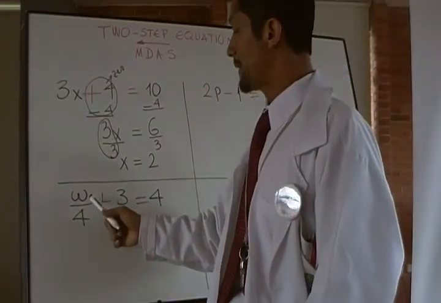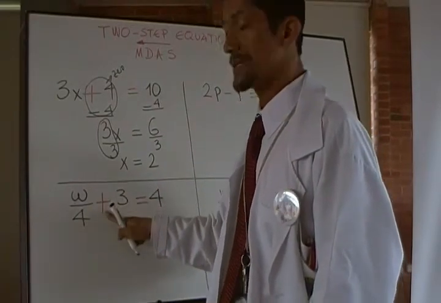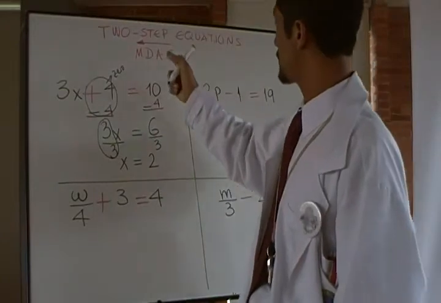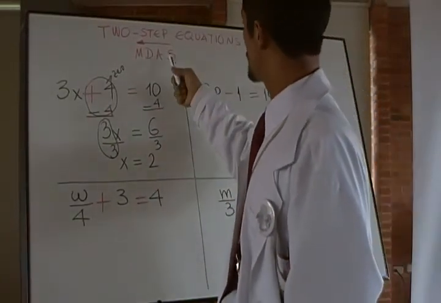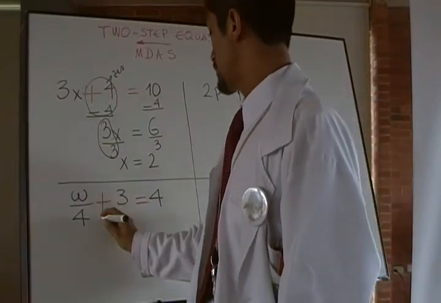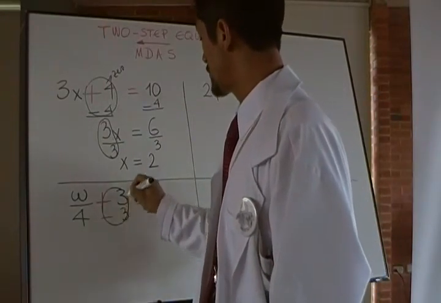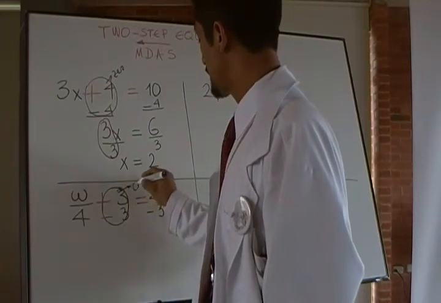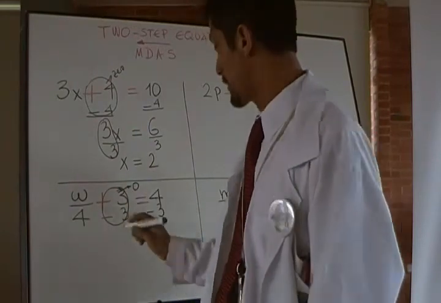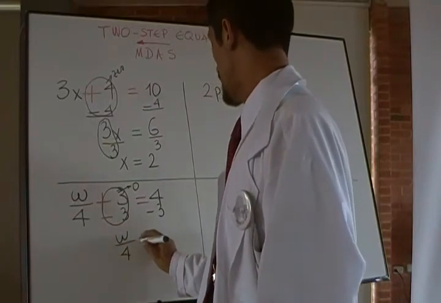In this case, we have two operations as well. One is division and the other is addition. So following that order, we have to undo addition first before division, right? So here I'm going to subtract 3 from both sides, so I'm going to isolate the variable. I know that this is a 0 pair. Now w fourths equals